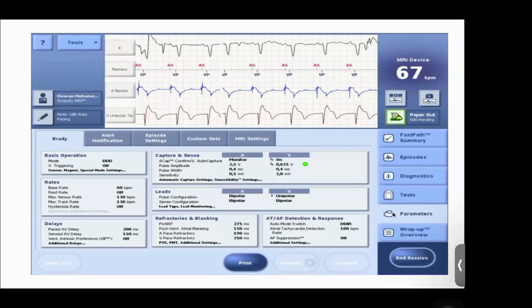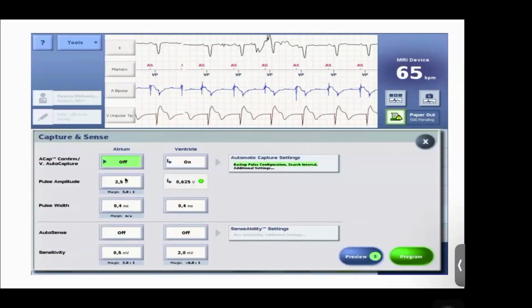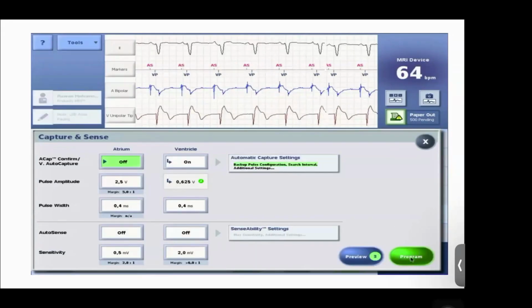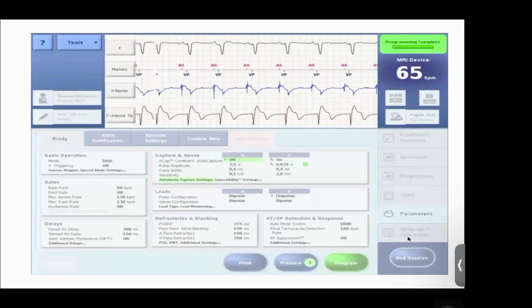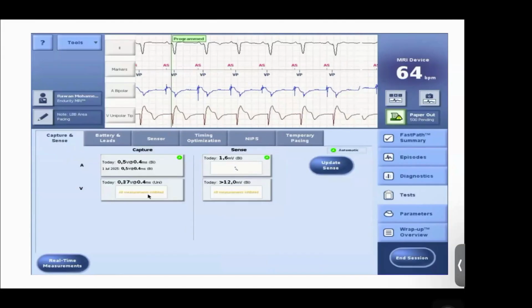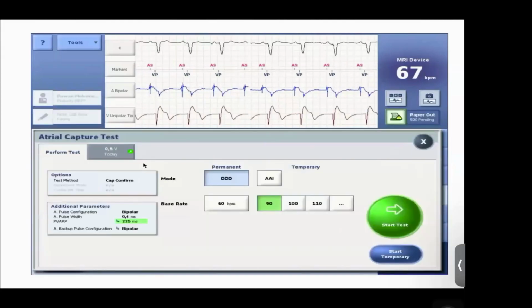And here are the final parameters. We make it monitor in the atrium and then off again. And we will decrease the amplitude for the atrium later. We check the